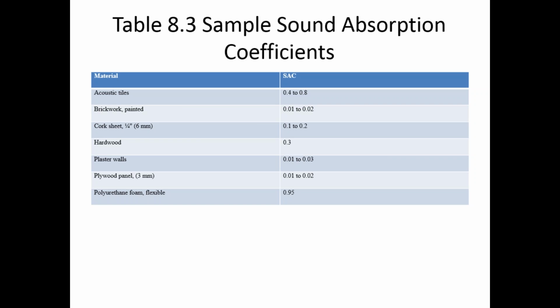Armstrong has a lot of cork ceiling tiles and types of clouds that they've created where it's just layers and layers, and it helps exponentially more than you would think compared to some of the acoustical tile properties. On here it looks different. I might be able to show you some of those varying statistics with actual product later where the cork outweighs the benefits of the acoustical tiles. Hardwood, plaster walls, plywood panels, polyurethane, flexible.